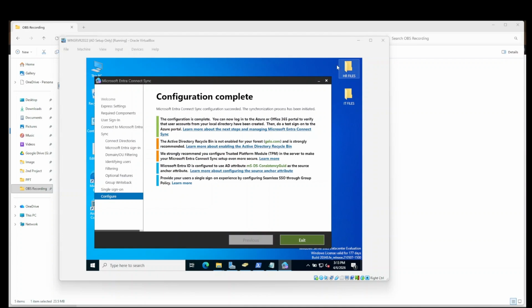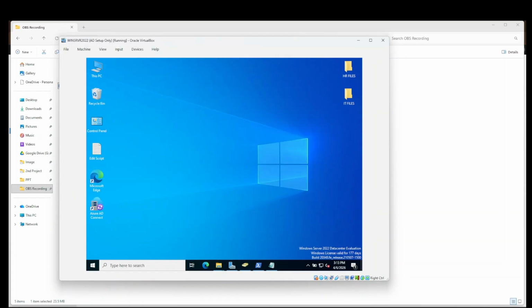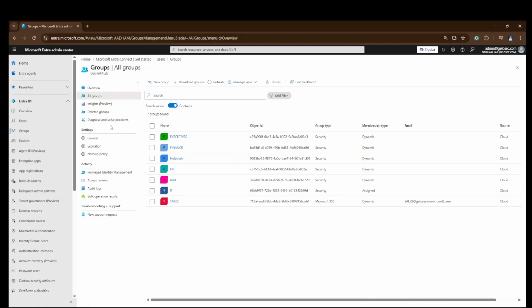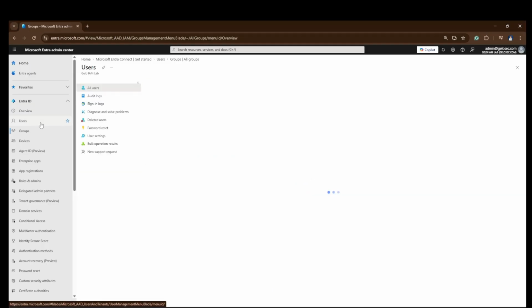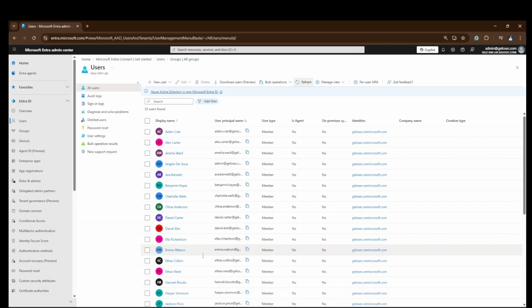Okay, now the configuration is completed. So let's just exit here and let's just see. Hopefully the users already sync here, but sometimes it takes a couple of minutes. Let's just wait for a couple of minutes.